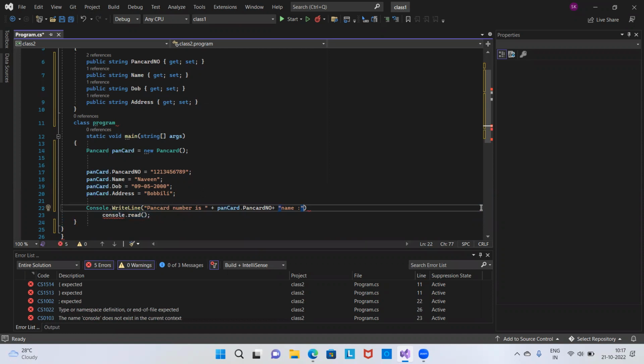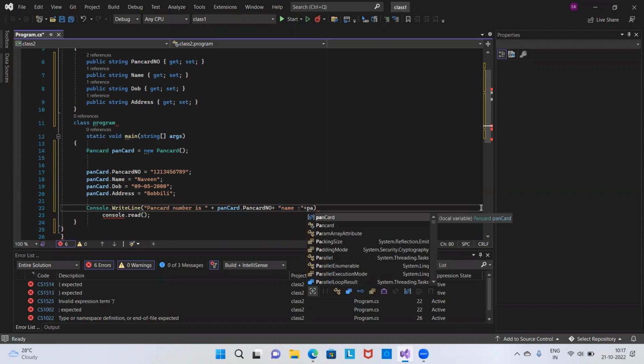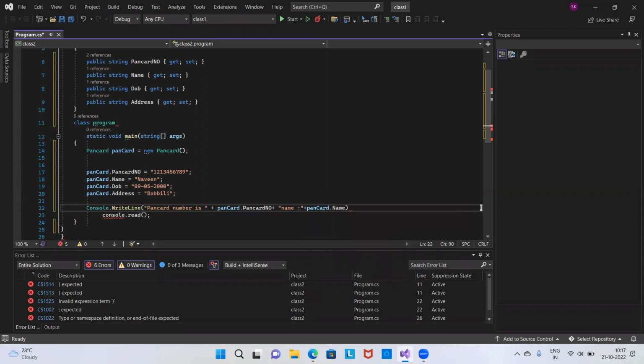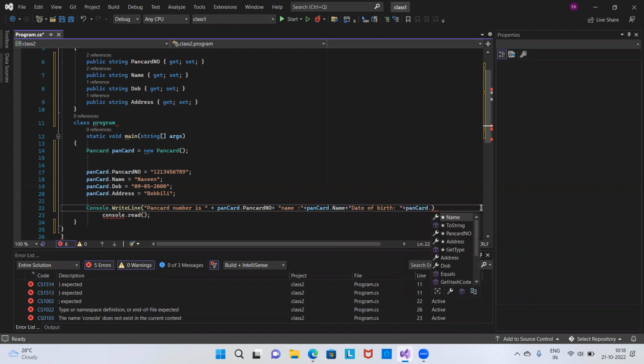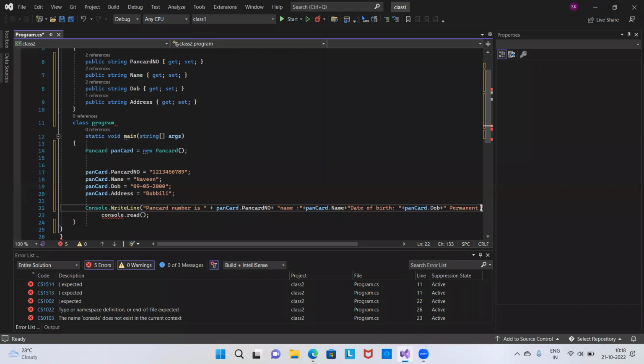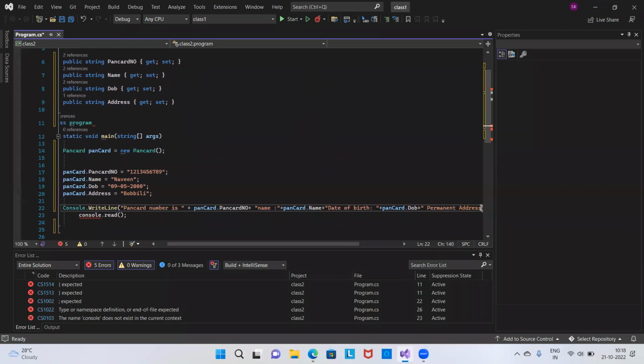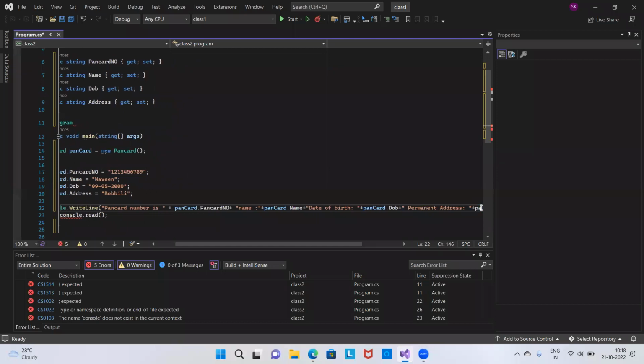Any question? Yeah. Here name is a text, but I want to display that value by using PAN card dot. Okay, is it clear? Then again a concatenation. I want to concatenate a text again because I want to display date of birth. Date of birth, space, plus PAN card dot DOB. Then I want to display address. Like you can say permanent address. Concatenation, PAN card dot